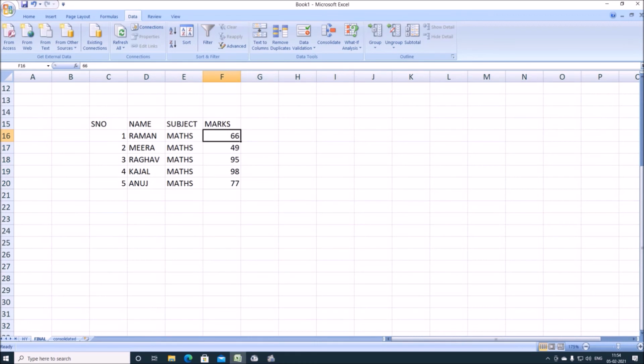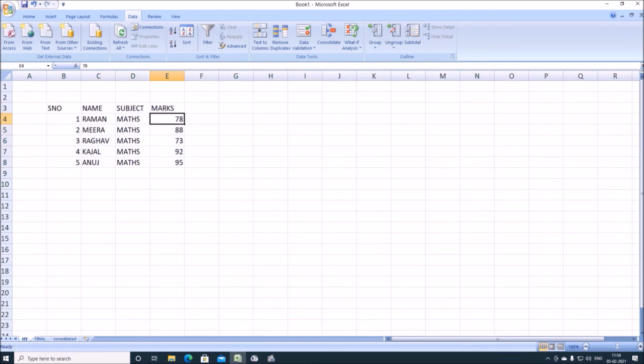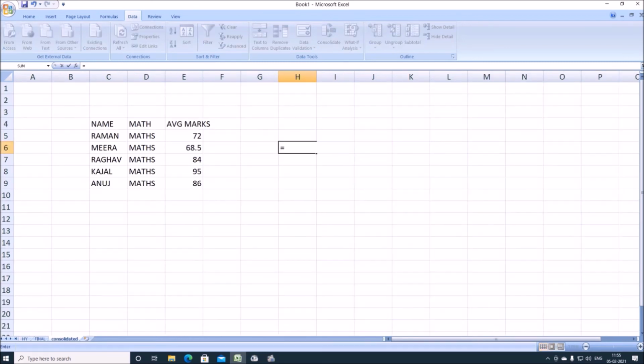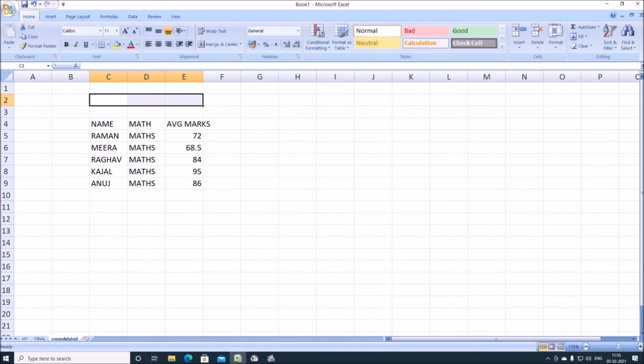We can write a separate formula also so that we can check whether our result is right or not. So I will write the average. You will completely write average 78,66 and then you can have the value 72 as we have got in the consolidated option also. So you can see that when you have the data on more than two sheets or two sheets, you can consolidate them into one sheet. That is called consolidation of data.